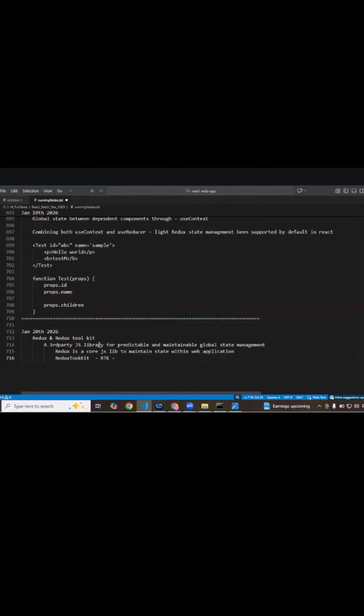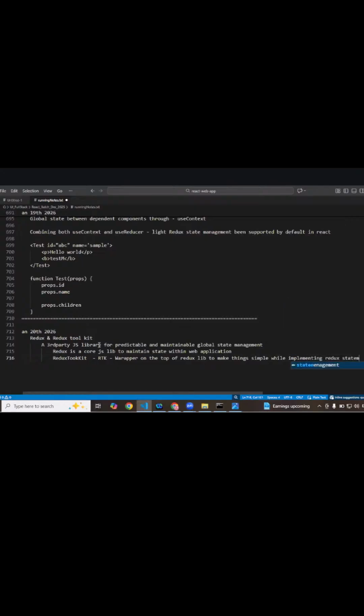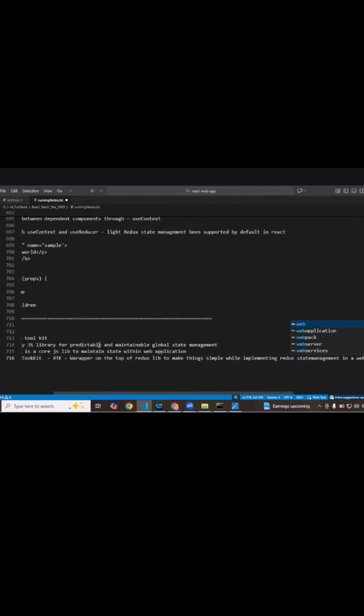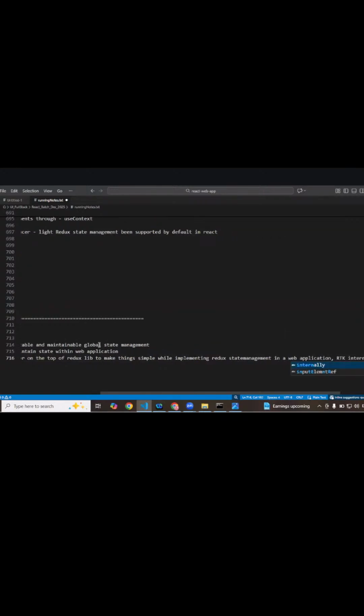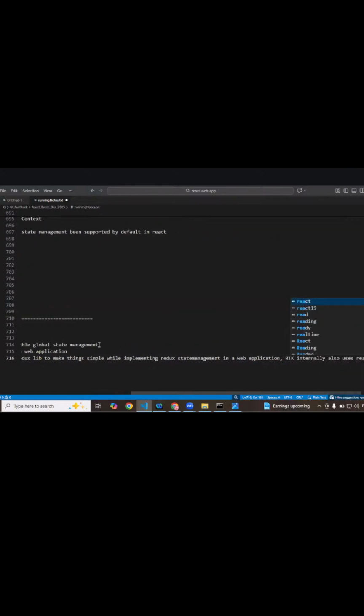What this actually is, is a wrapper on top of the Redux library to make things simple while implementing Redux state management in a web application. RTK internally also uses Redux core